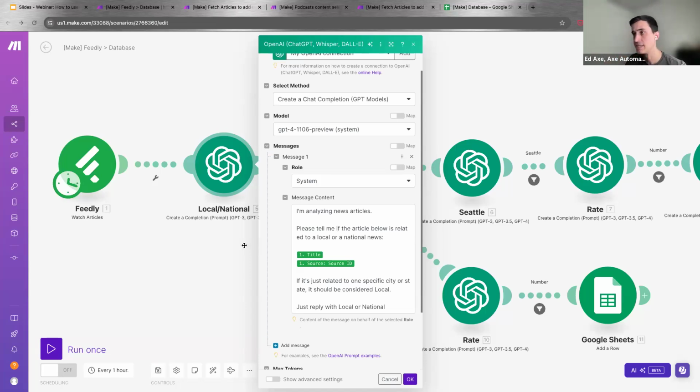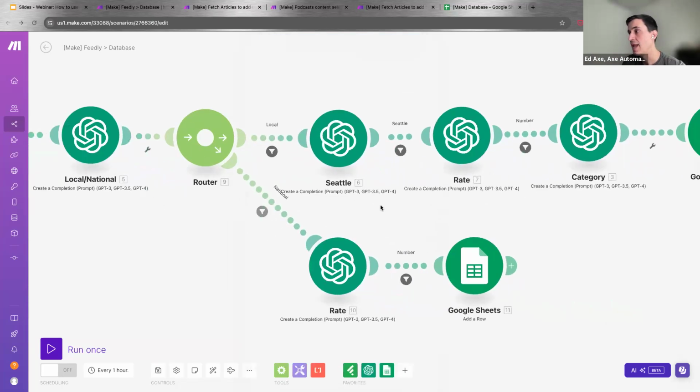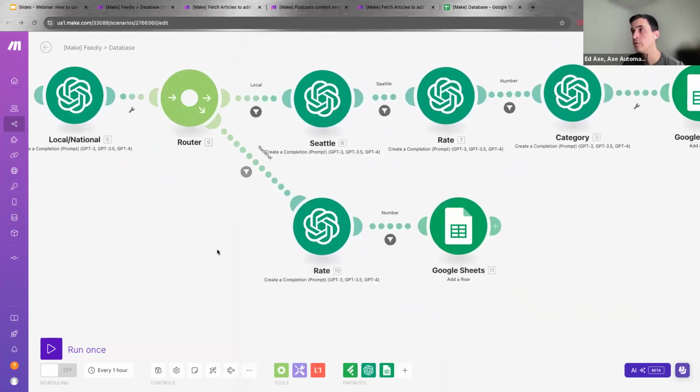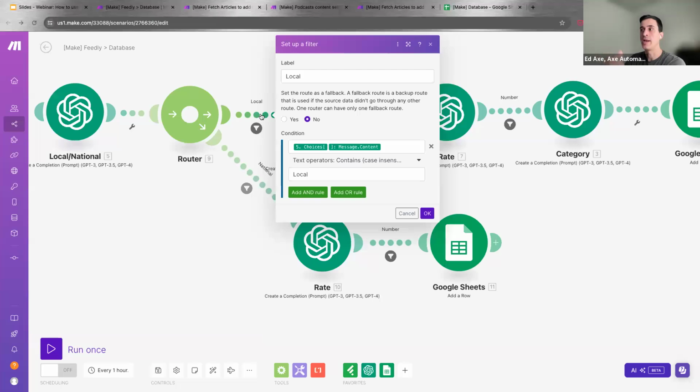Because this is going to be important when we start building the summary that we add to the newsletter, and we divide it into local and national. And how are we dividing into local and national?